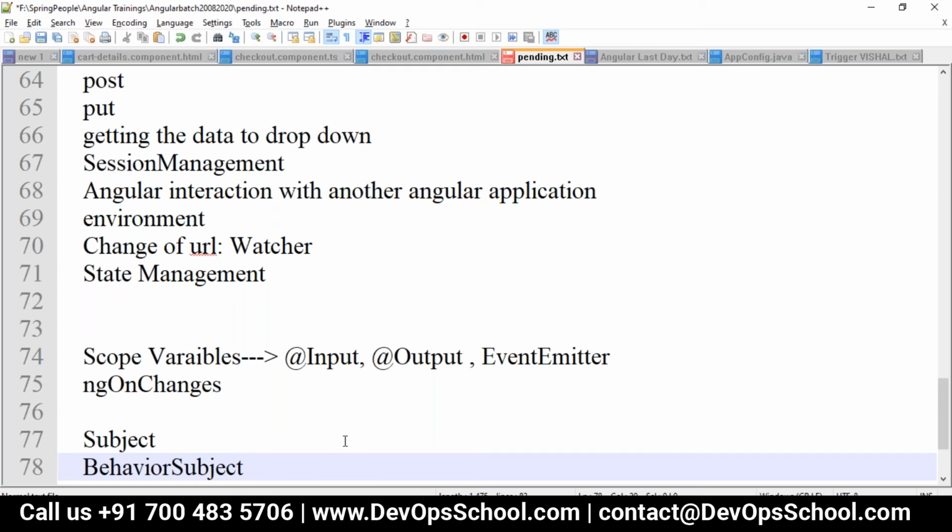Subject or behavior subject. That is where, if you want to go with observables in Angular, so that is the change of a URL which you want to take care of. Either we go with subject or behavior subject, but for the change of URL specifically, it's a behavior subject itself. It will set the initial value for the property you are interested in. And then when you subscribe to the changes, the property, whichever service is injected, will be given for that. For example, you can do a simple subscription with different values.